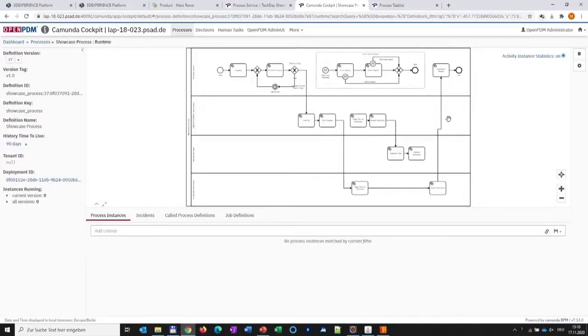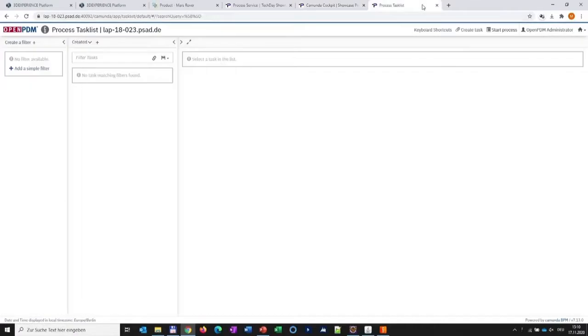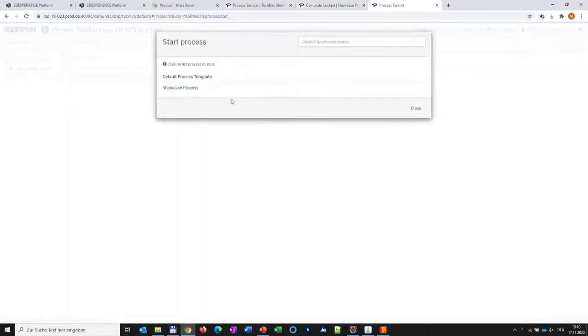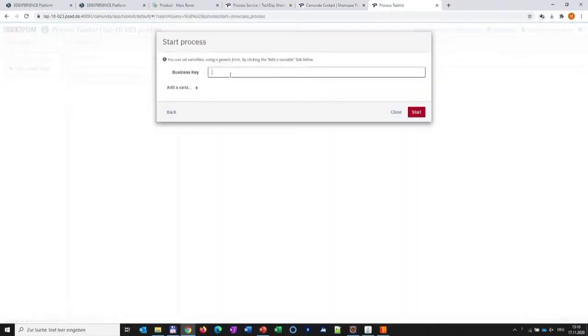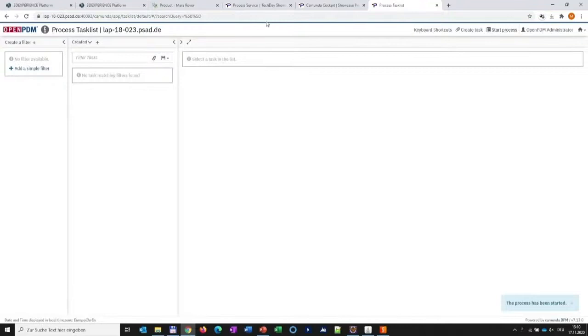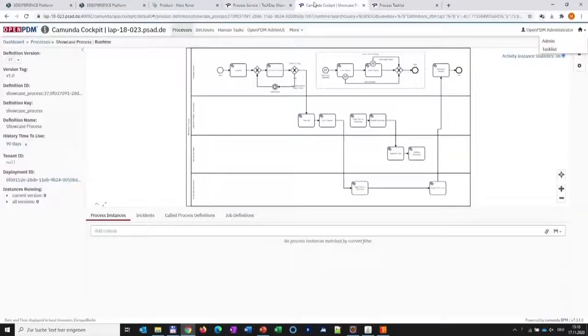is imported to Windchill. So we really have a version control in our process server, and instances that are running are not disturbed by such a deployment. Now we're going to start the process the same way we've just done it. We'll enter Windchill demo, start the process over again, and we'll go back to the processes.